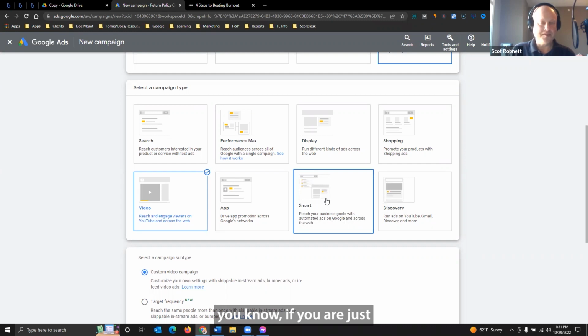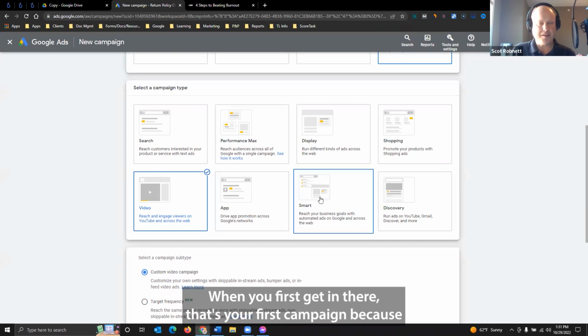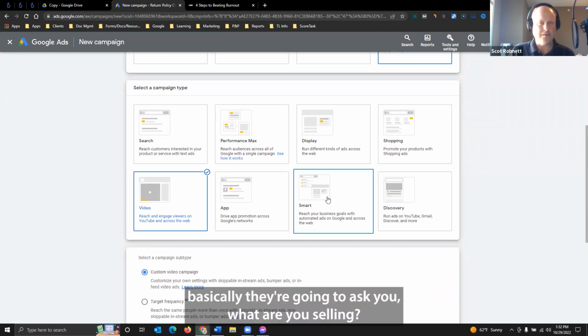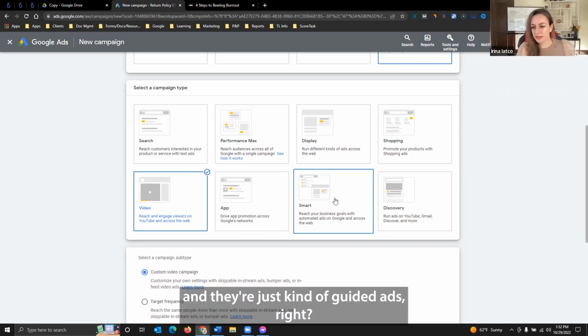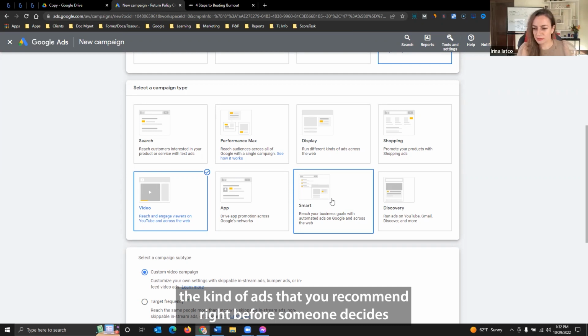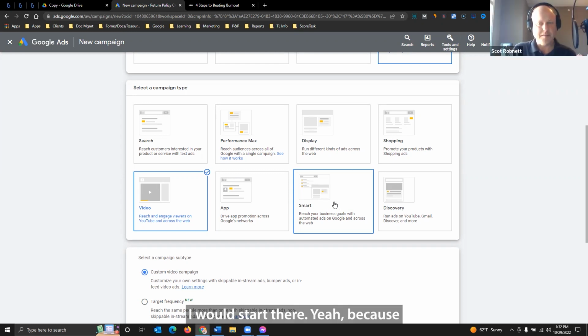if you are just opening a Google Ads account, they're going to start you with this when you first get in there. That's your first campaign, because basically they're going to ask you, what are you selling? Who is your audience? And they'll walk you through a pretty easy wizard. So they are just kind of guided ads, right? So for a newbie, these sound like the kind of ads you'd recommend, right? If someone decides to do it on their own and give it a try on their own. I would start there, yeah, because